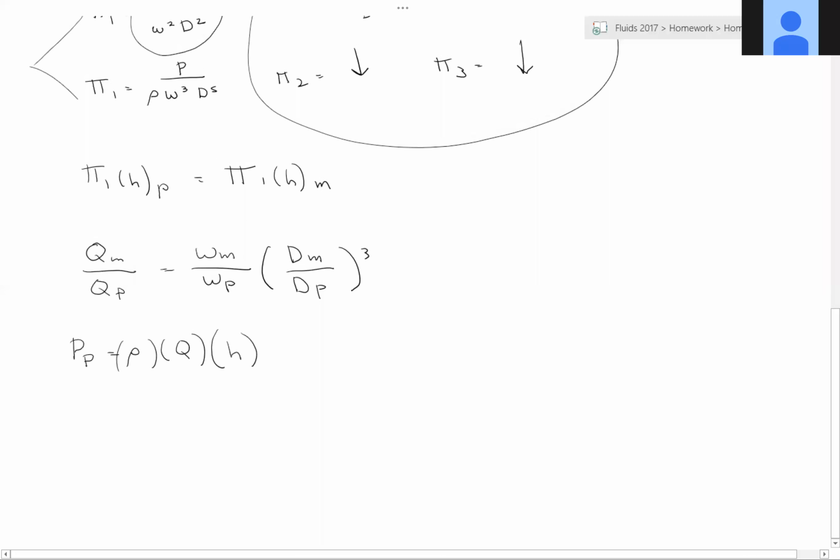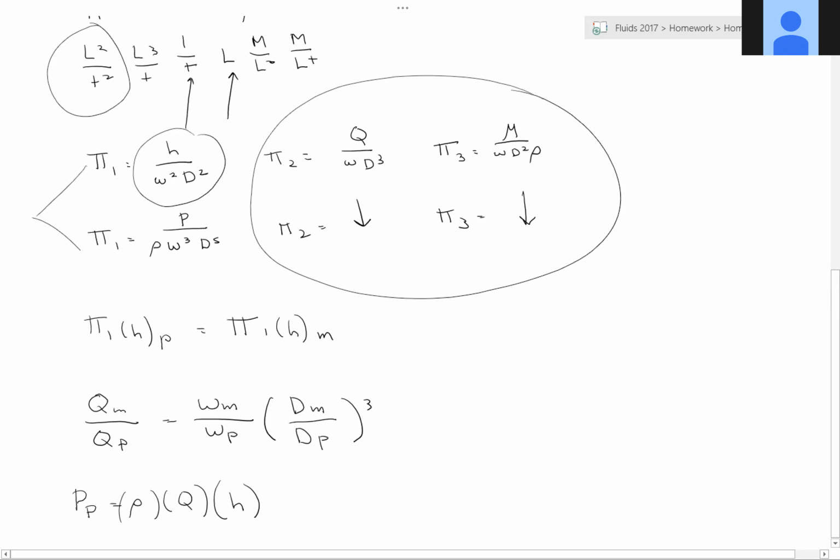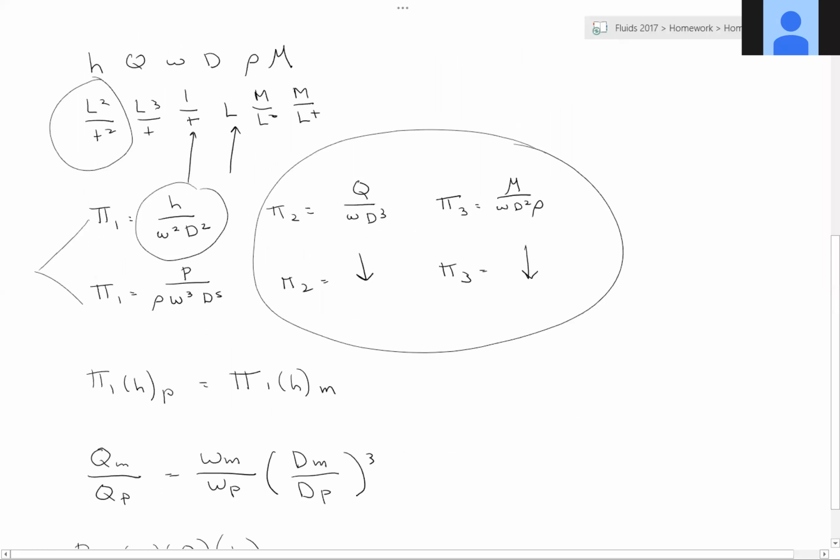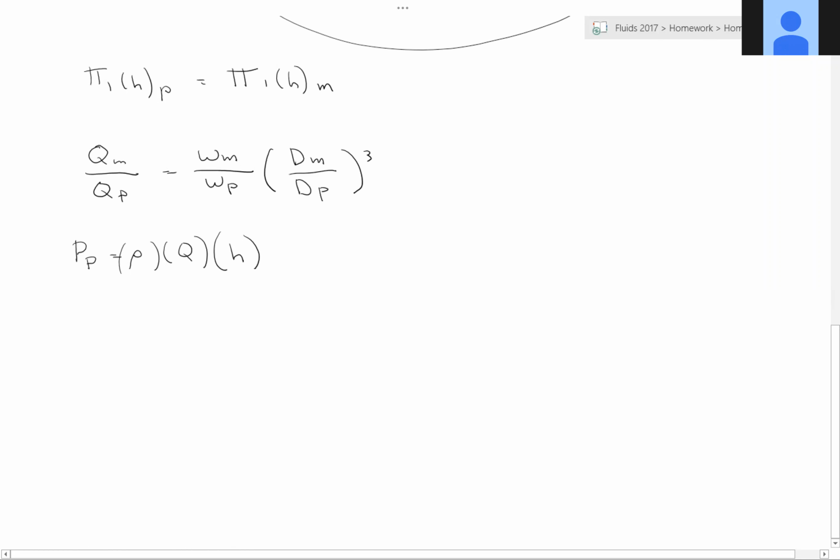And we're given all of those. So now that we know that, as somebody said, we're going to go back to the power pi group. So the power pi group says that the power of the model over the power of the prototype is equal to the omega of the model divided by the omega of the prototype cubed, the diameter of the model divided by the diameter of the prototype to the fifth,